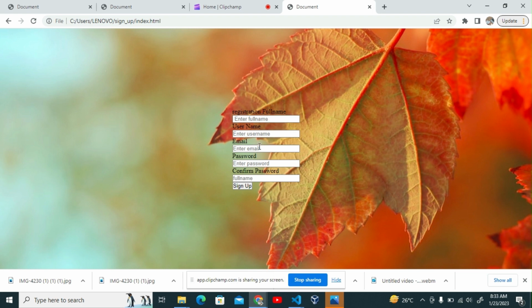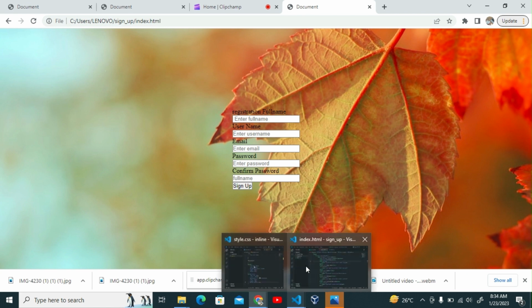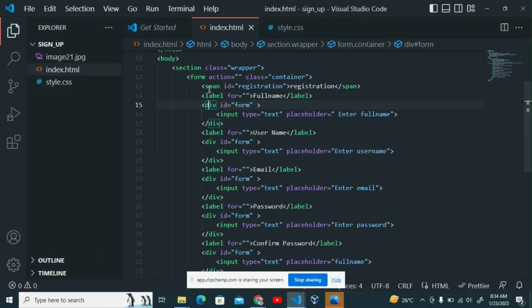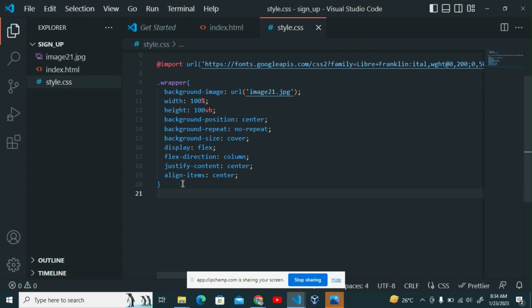And you can see that everything just looks plain, as if nothing has happened to it. This is just a normal HTML file, and we need CSS to style it up to show the beauty of what we have done with HTML. Now, the first thing I'm going to look at is the HTML. The form level has a class of container, so I'll take it from the HTML and style it. So what I need to do is say dot container,